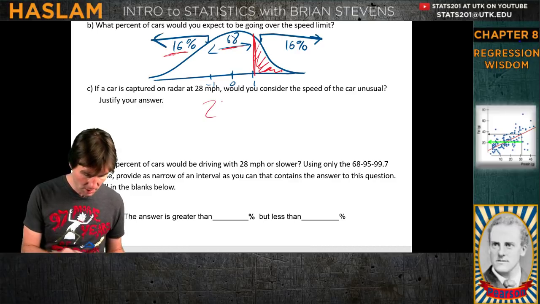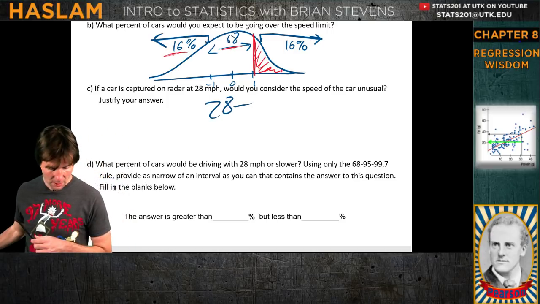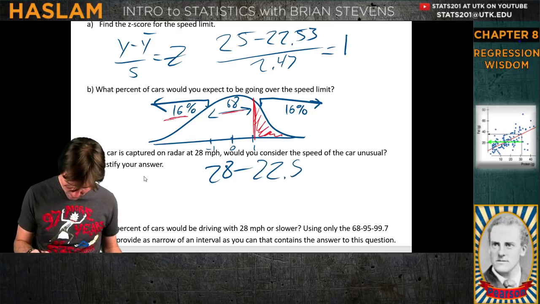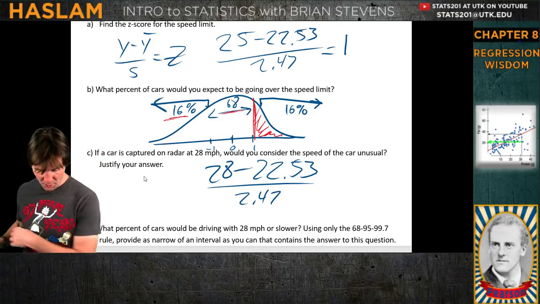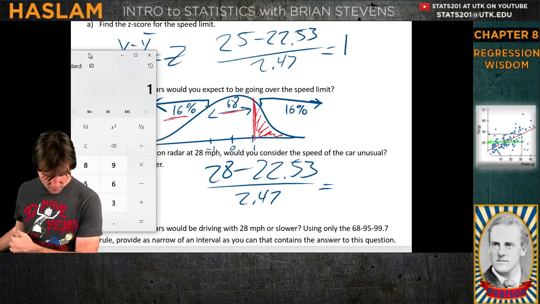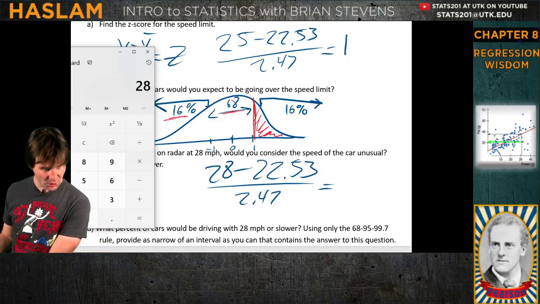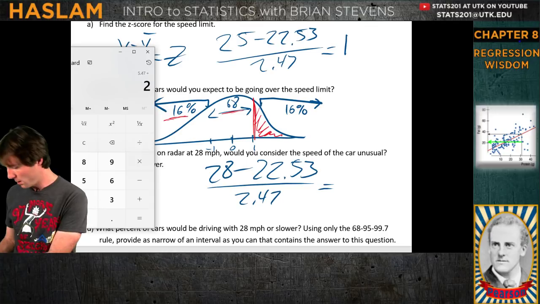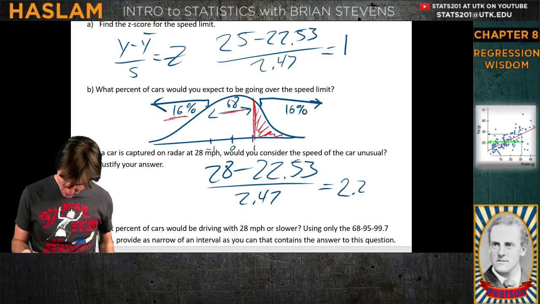So observation, let's go blue again. Observation minus the mean. We've kind of got it written up here. You see the mean is still the same, but it's a different standard deviation. And I have preferences. When we talk about if a z-score is unusual, usually it's going to be over 2. This one is going to be a little interesting, and we'll talk about it for a moment. It's going to be like 2.3, I think, as long as I do the math correctly. It's 2.21. So this z-score is 2.21.